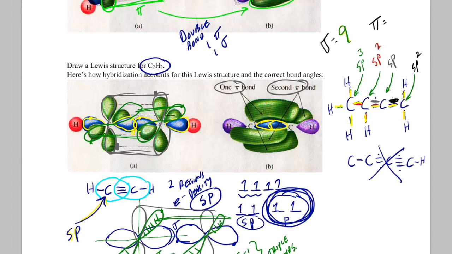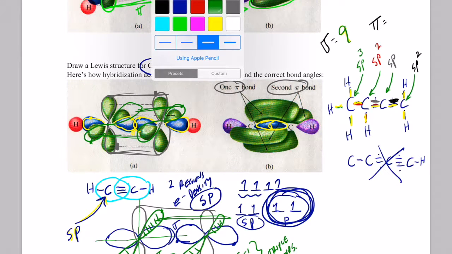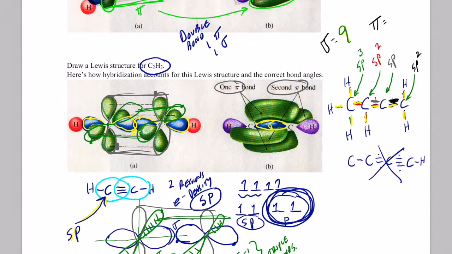Now let's count up our pi bonds. Remember, in a double bond, one of them is sigma and one of them is pi. So we have one of these is a pi and one of these is a pi. So I have 2 pi bonds. So I should have 11 altogether. 9 sigma and 2 pi. Let's count them up. 1, 2, 3, 4, 5, 6, 7, 8, 9, 10, 11. Looks good. All right. Hopefully that made a little bit of sense to you, and we will move on from